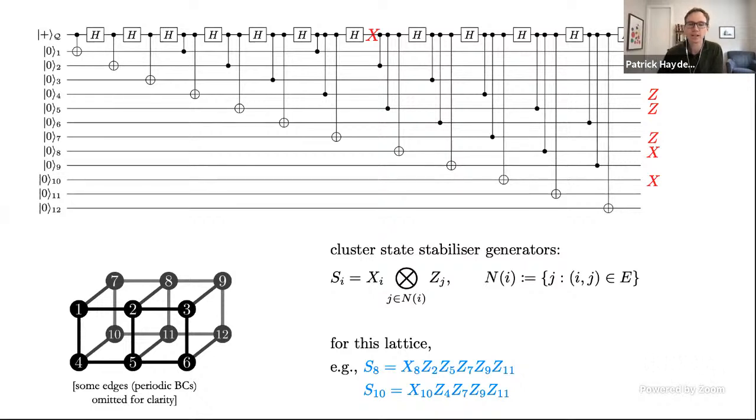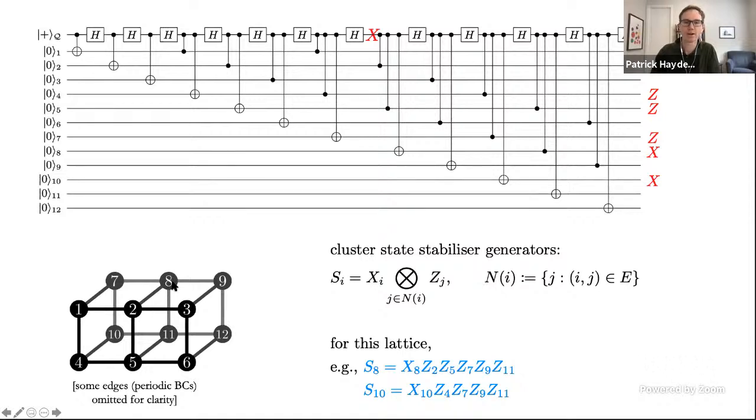And so the cluster state can be characterized as the unique +1 eigenstate of a set of commuting operators. So it's a stabilizer state, if you're familiar with that language. And so for each vertex in the cluster state, there's an operator. And so say for the eighth